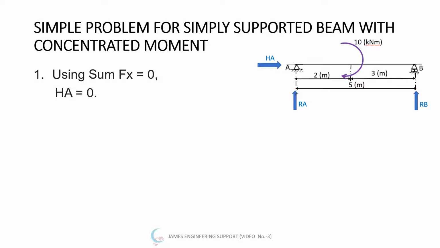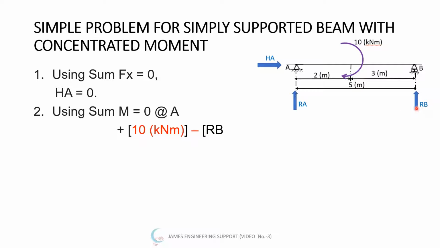Here there is no horizontal force, so we are considering HA is equal to 0. So let us start with the moment at A. It is a positive 10 kilonewton meter moment as clockwise. And negative one we will consider RB, which will be multiplied by distance 5, and then we will equate it to 0. So we will get the answer as positive 10 kilonewton. So our RB positive upward is correct.